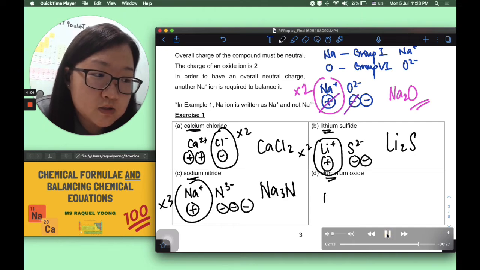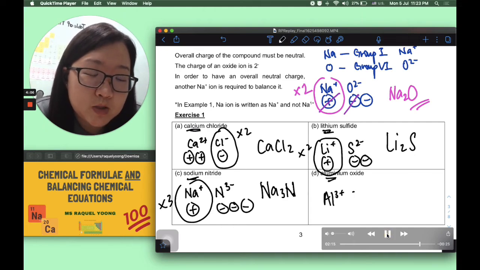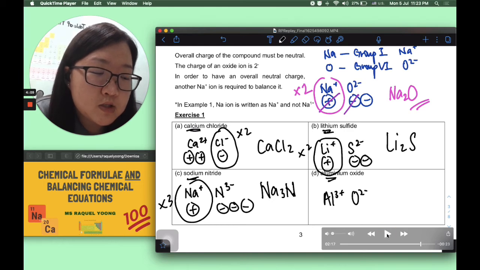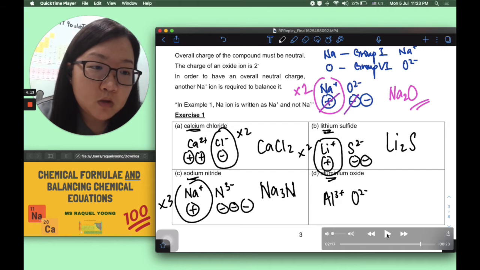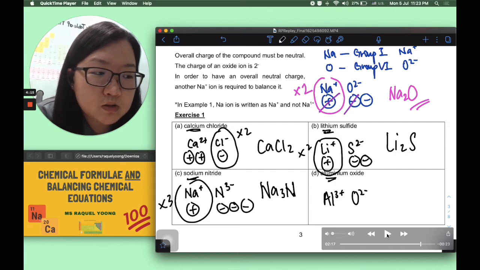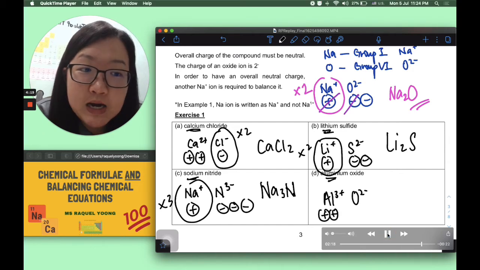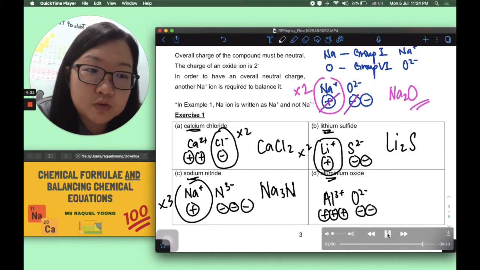Finally, part D is a very famous question, aluminum oxide. So aluminum is group 3, so it's Al3 plus. Oxide, O2 minus. So over here, you can see that it's 3 plus and 2 negative charges, right? So for aluminum oxide, the best way to do it